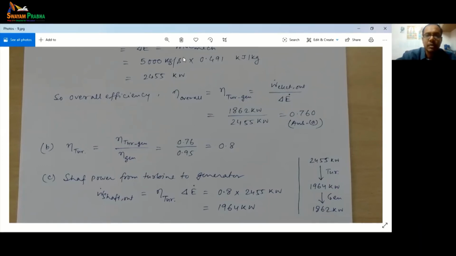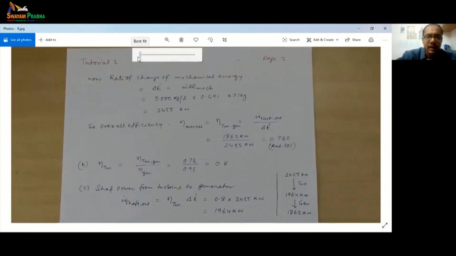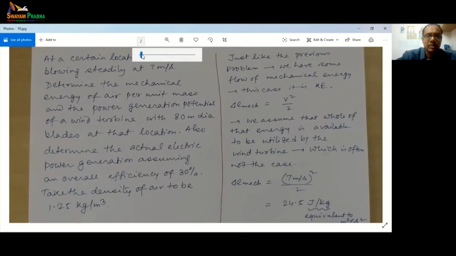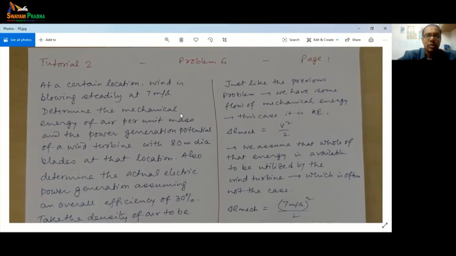So in this problem we have looked at the opposite problem of motor pump. Here we have looked at turbine generator where electrical energy is the output, and we have learned how these different efficiencies are related. Now let's take up another problem which talks about the energy conversion itself, but now not in terms of hydraulic head but in terms of the mechanical energy of a flow of wind.